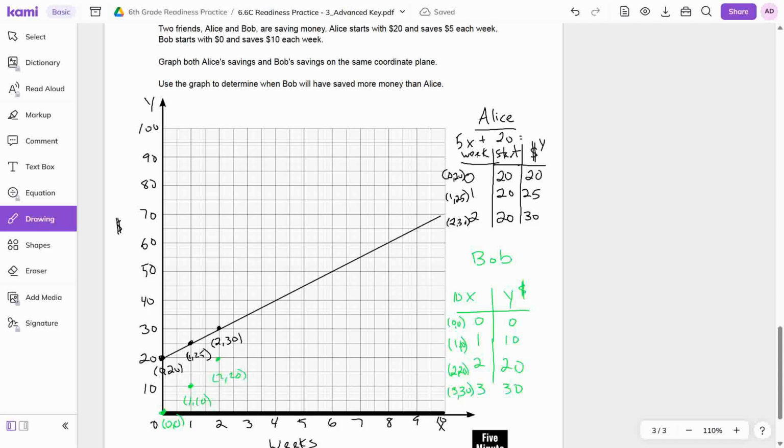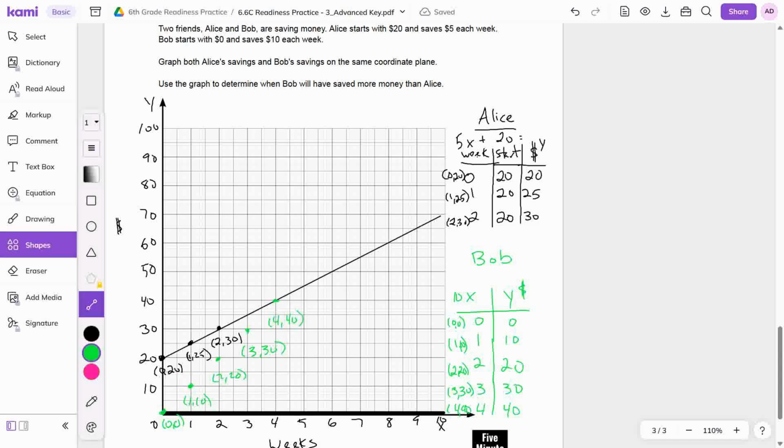So he's already caught up to where Alice started. So my 3, 30 is really close. So let's see if I do one more. I bet you I would get over at 4, 40. And it looks like my 4, 40 is going to get both of them. Look at that right there. 4, 40. If I can draw my line,